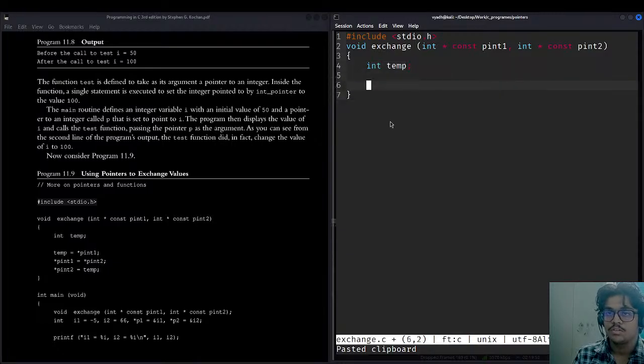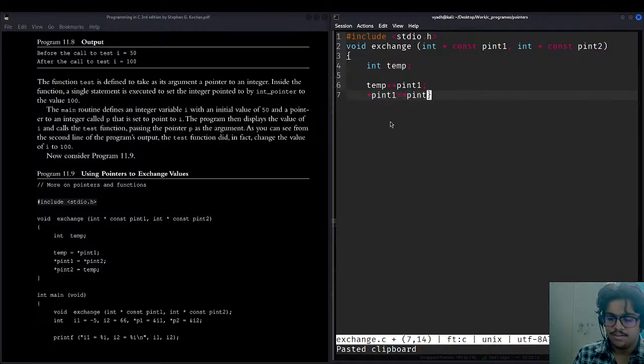Okay, done. So temp firstly will be assigned the pointer value of p int 1, then p int 1 will be assigned p int 2, and p int 2.